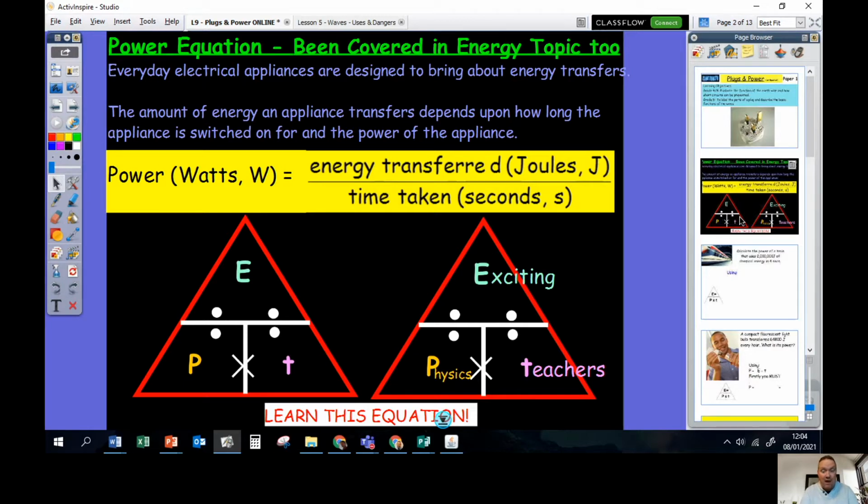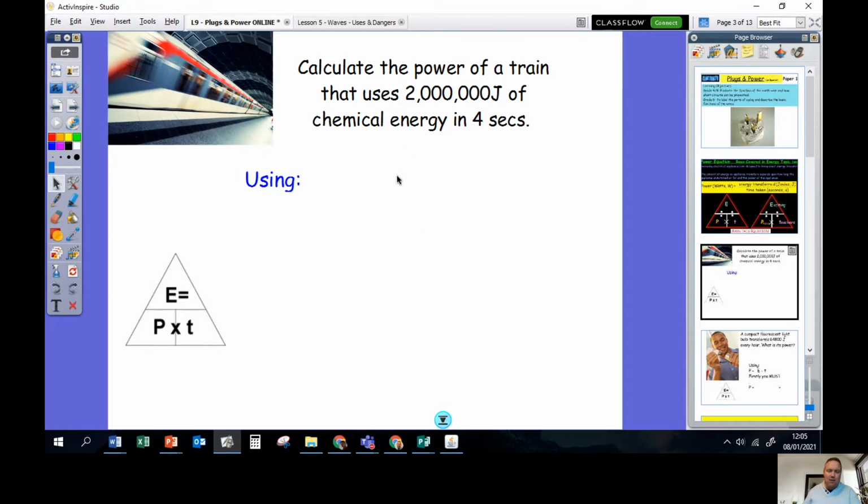So you could use this for electrical things around your house. You might well spot a power rating on your microwave like 900 W or on a light bulb like 40 W, for watts. That way we can work out the amount of energy transferred by those electrical devices. So I just want us to do a quick bit of practice using that EPT, Exciting Physics Teachers, formula triangle. When I'm using that, just like any other formula triangle, I'm going to be covering up the quantity